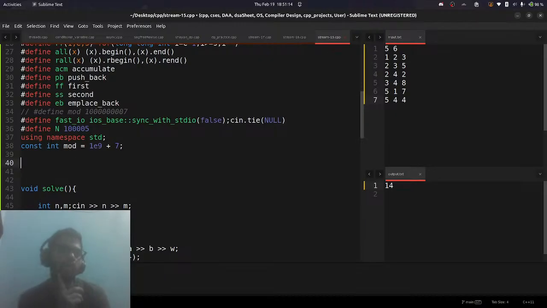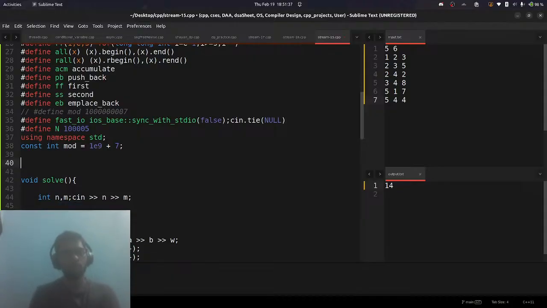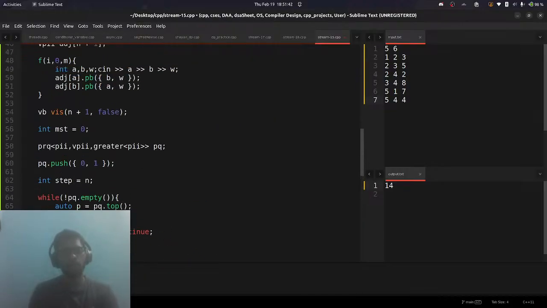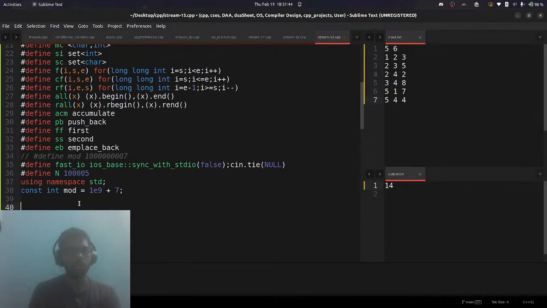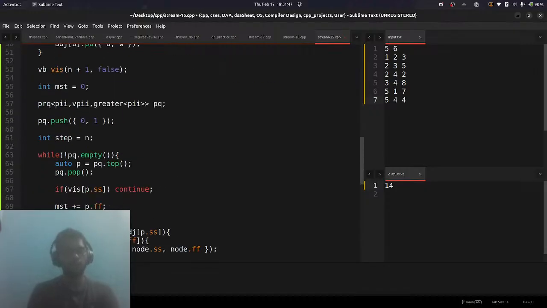Basically, if after even repairing the road, we cannot reach that component or that area, right? So basically, if we have components that are not connected, to check that, we can just do a simple BFS, right? We can do a simple BFS, sorry, DFS,